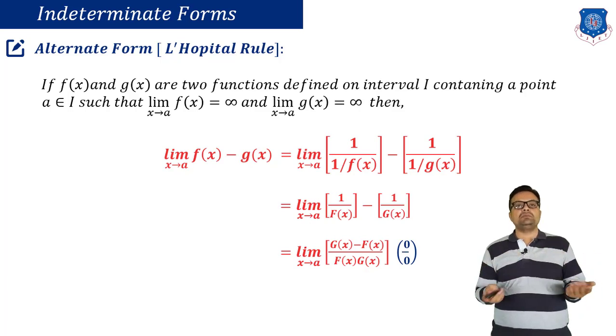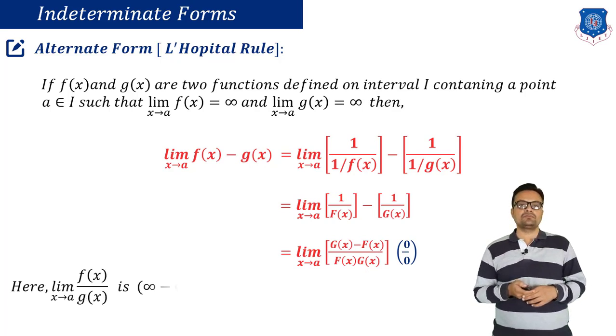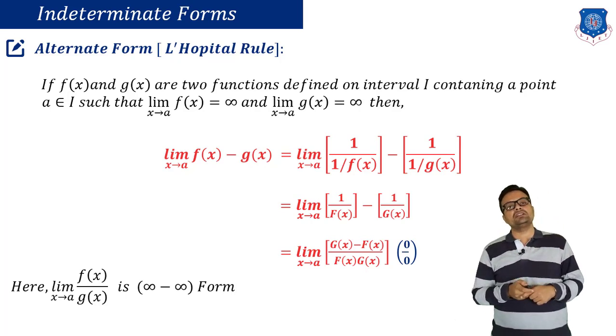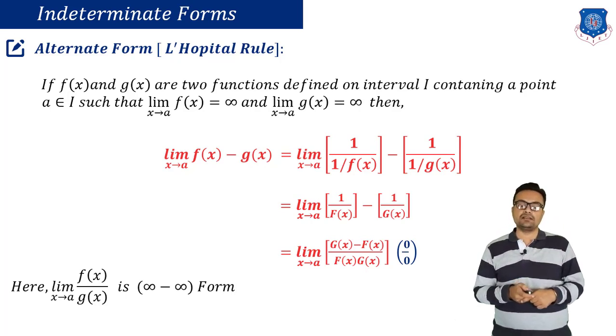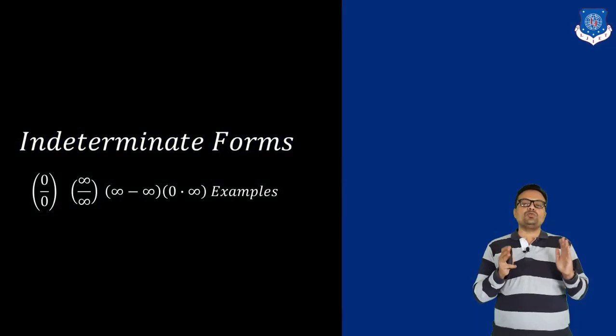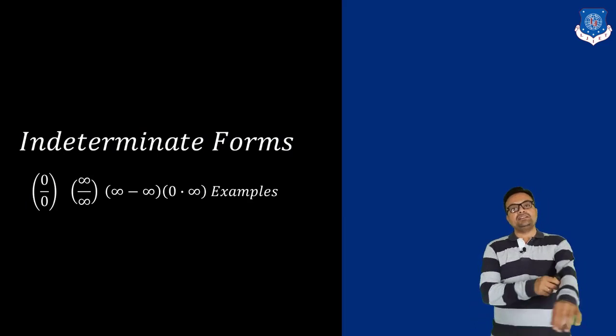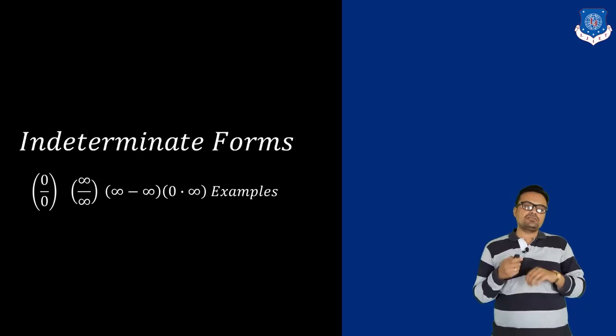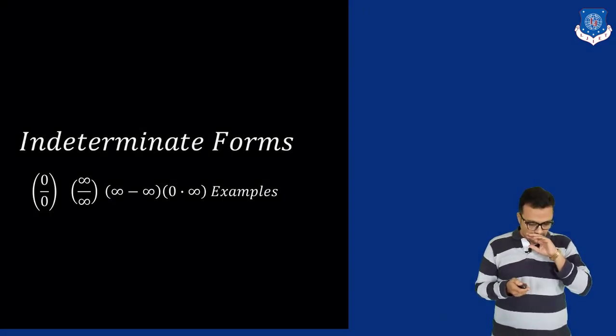So ultimately the multiplication of two 0 values and the subtraction of two 0 values are going to be 0. So we are using this property of 0 to convert this function into 0 by 0 form. And therefore infinity minus infinity is again our regular 0 by 0 form after conversion. So I hope you now know these 4 indeterminate forms. Now let us go for examples of this.